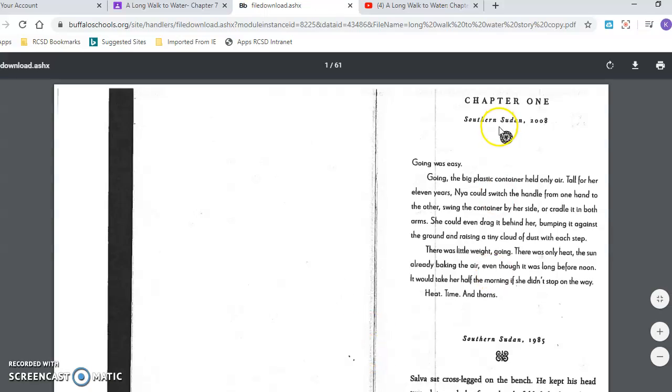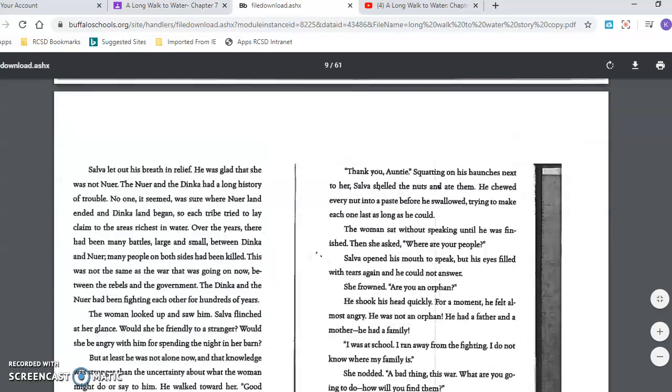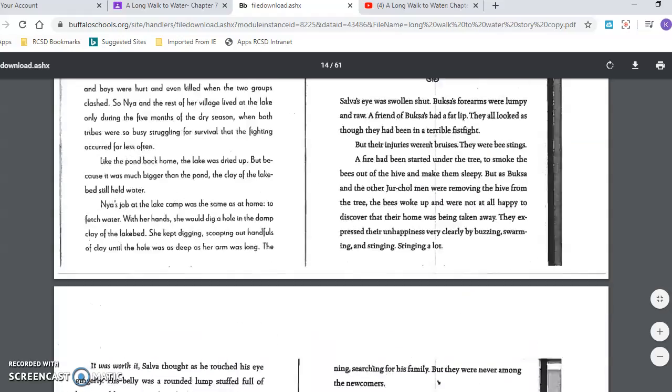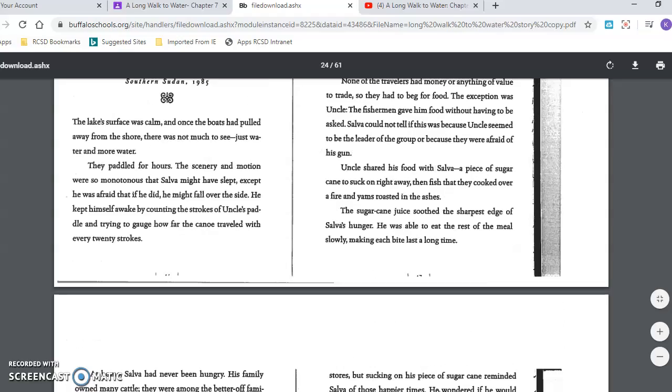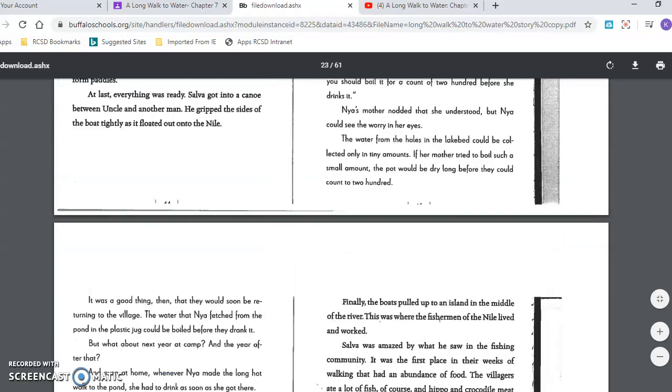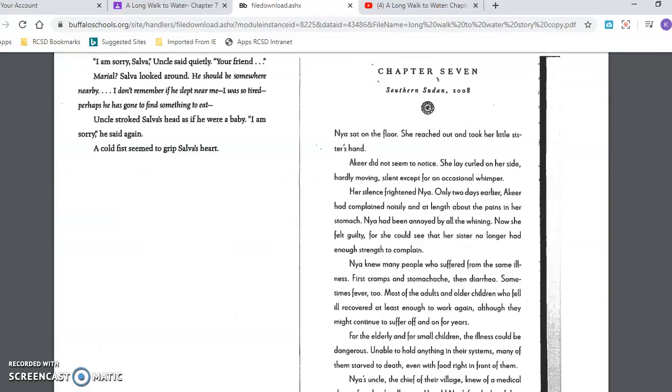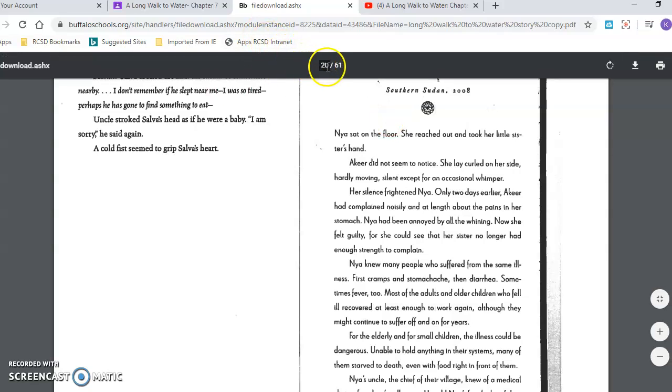Okay, so this is chapter 1. Now again, I'm working on chapter 7, so I'm going to find chapter 7 in here because this is the whole book. So let's find chapter 7. I'm scrolling. There's chapter 5. I'm going to scroll down even further. Oh, I think I went too far. Chapter 7. Oh, here we go. So I'm looking up here. This is at page 20. So if you need help finding it, go to page 20. Here's chapter 7.